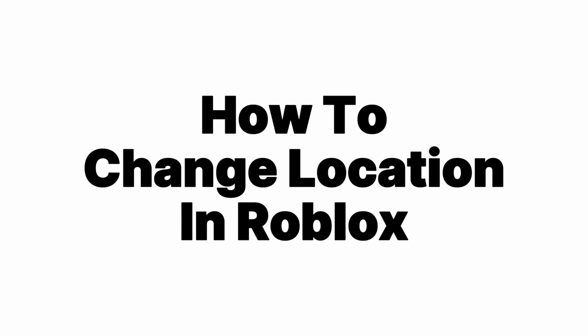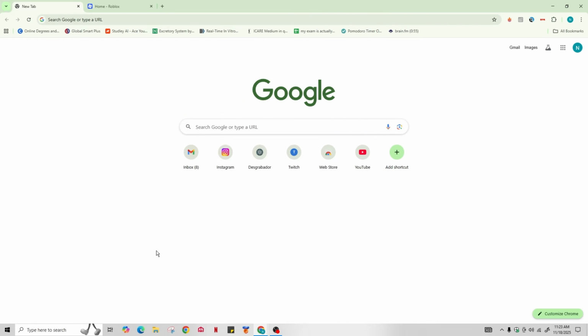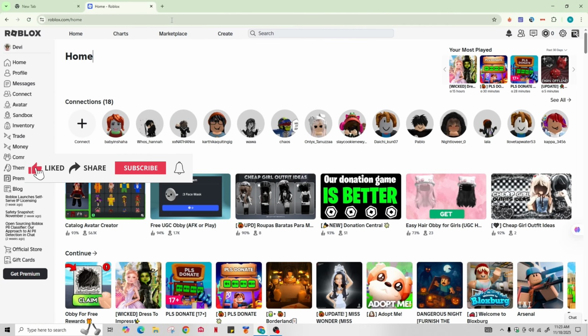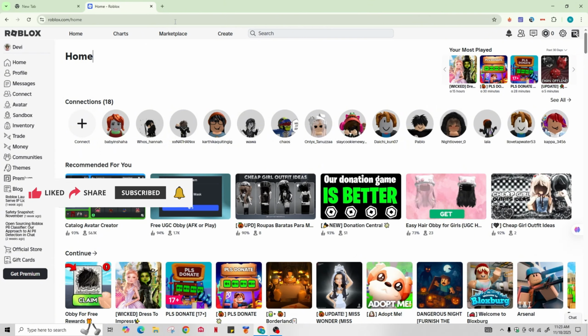If Roblox is showing the wrong country, or you need to update your location for correct prices, payment methods, or regional settings, you can change it through your account settings. Whether you're using PC, iPhone, Android, or Chromebook, the process is quick and works the same on all devices. So, in this guide, you'll learn step by step how to change your country on Roblox, no matter what